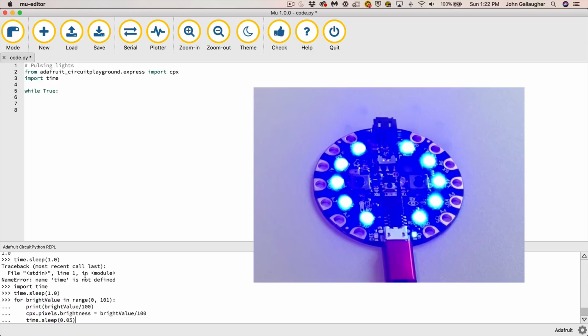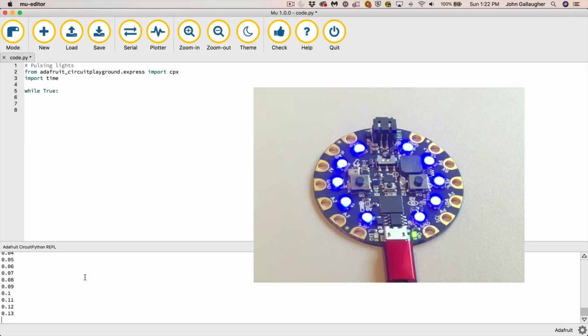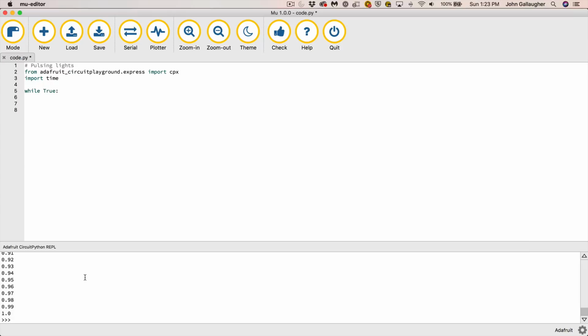So now you're probably at full brightness in your CPX, but if we press enter a few times here, you see how that fades up a little bit more slowly. So that's looking good. Now, what I want you to do is to apply your newfound prowess as a Python programmer. We haven't put any of the code in here, by the way, so if you want to see how we would go ahead and do this right in our code,